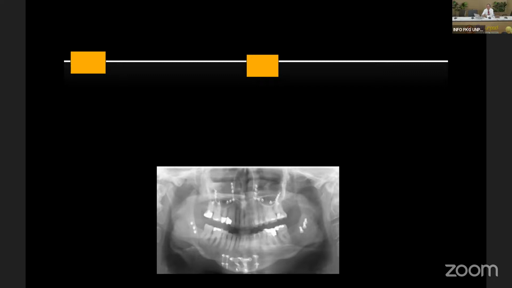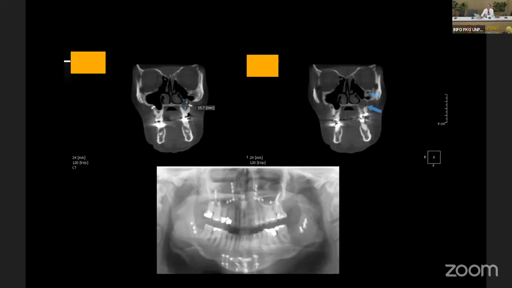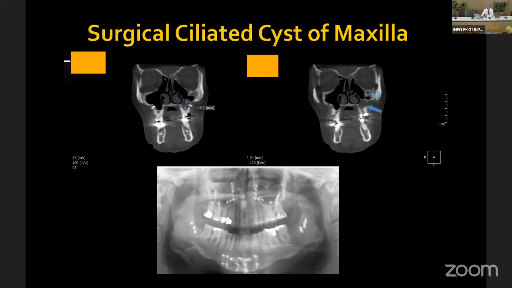After looking carefully, we still cannot see any abnormality in the left side of the maxilla, so we recommended a CBCT. With the CBCT, it's very easy to recognize that in the left side of the maxilla there's a cyst-like lesion, which turned out to be a surgical ciliated cyst of the maxilla. This kind of cyst is a post-surgical change.